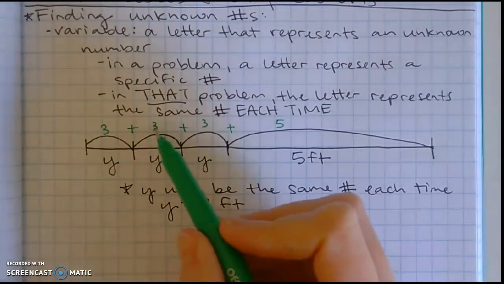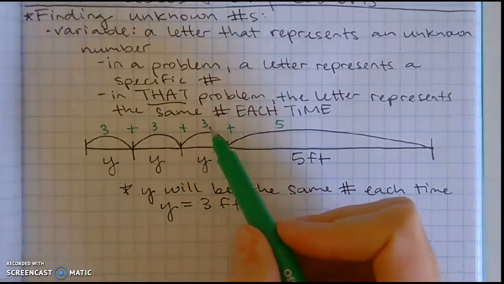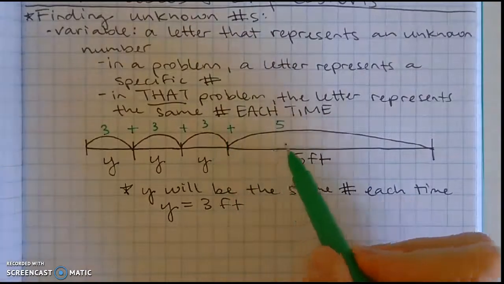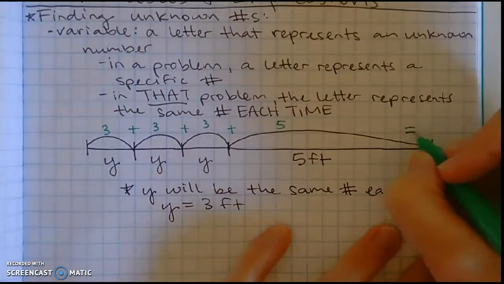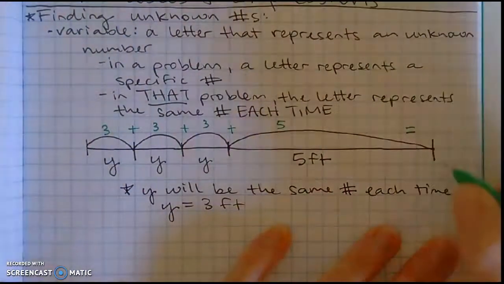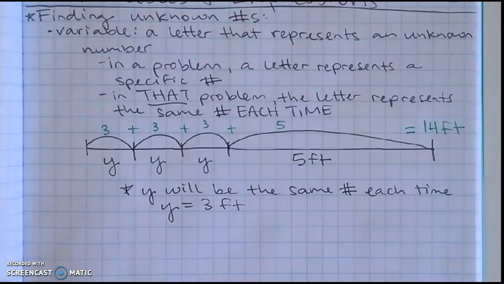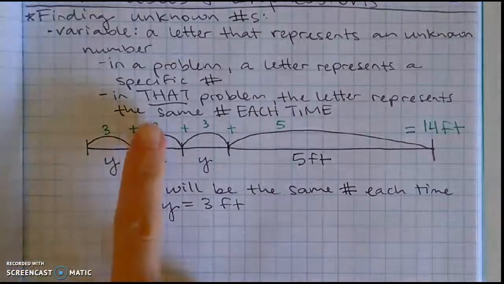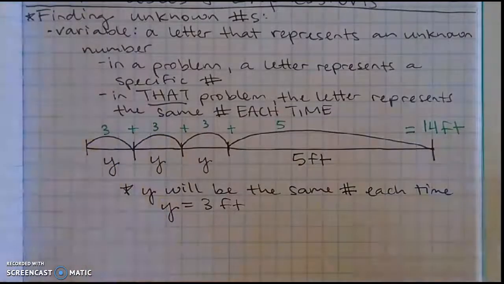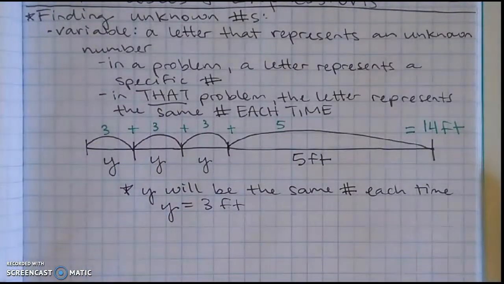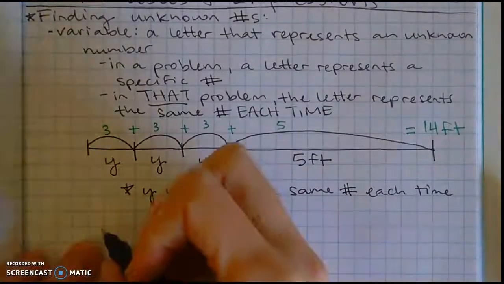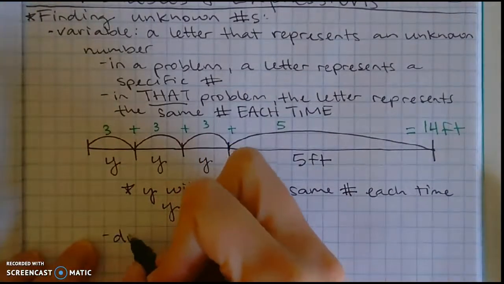So 3 plus 3 is 6. 6 plus 3 is 9. 9 plus 5 is, thinking. If you said 14, you are correct. So 14 feet, okay? So that's what it means when we say in that problem, the letter represents the same each time. I do want you to know that if there were different letters,